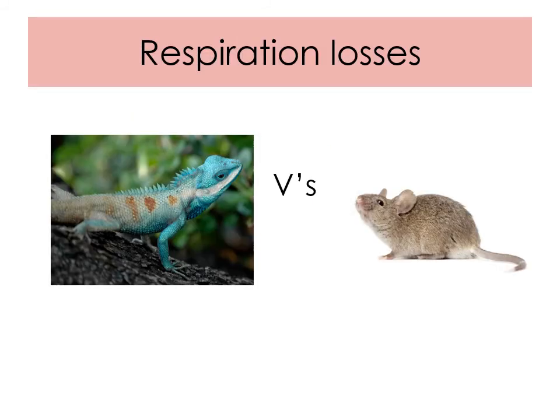Okay, so what about this idea? What if you've got a cold-blooded species versus a warm-blooded species? Which one's going to have the higher respiratory losses? Well, of course, it's going to be the warm-blooded individuals. And smaller warm-blooded individuals have a larger surface area, so they have greater heat loss across their surface and so have higher respiratory demands. So for those kinds of species, there's going to be even less energy available in their biomass to the next trophic level because they're going to use more energy in their own respiration.